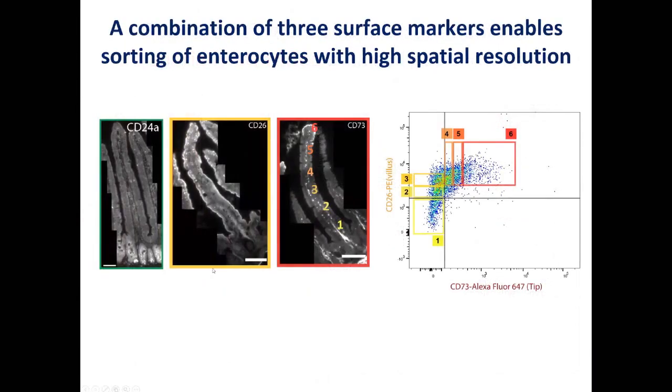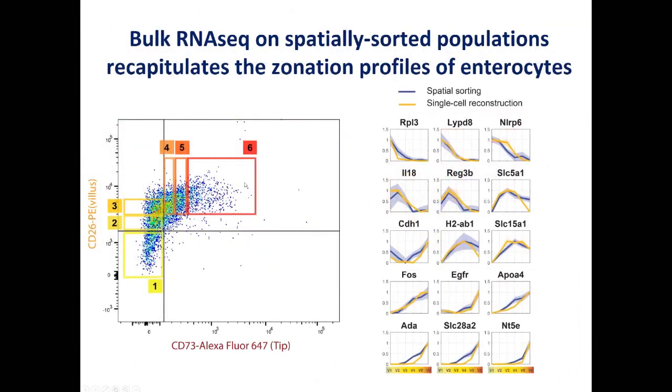Okay, so Yotam converged on these 3 surface proteins. CD24 is only expressed in the crypt, CD26 is expressed in an increasing manner from the bottom of the villus to the tip, and CD73 is only expressed at the very tip enterocytes. And then he dissociated the enterocytes, incubated them with these antibodies, and this is how the FACS plot looks. You see the correlated increase in CD73 and CD26. From each one of these gates, he sorted bulk enterocytes, measured RNA, and we compared the bulk RNA sequencing measurement